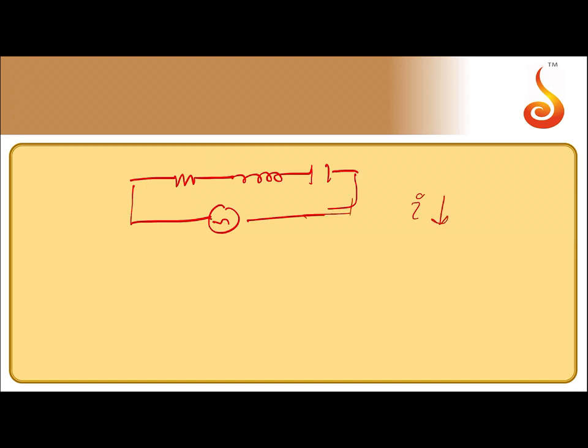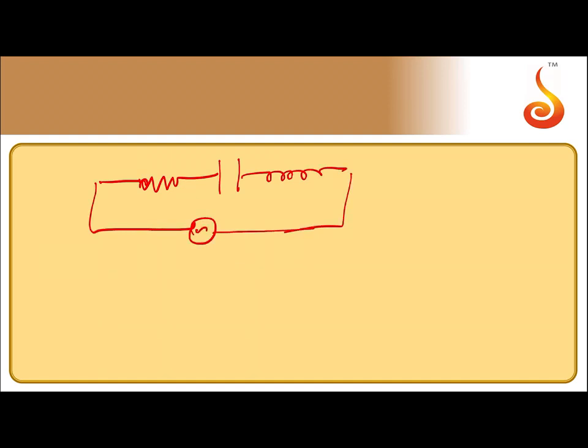One way to decrease the current is to put an additional resistance. But the problem is that this starts wasting the power. There is an extra power wastage across the resistor. However, just try to visualize this. There is a resistor and we want to decrease the current. Then what we can do is probably we can put one more inductor in series. If I include one more inductor in series, the impedance increases and therefore the current decreases.